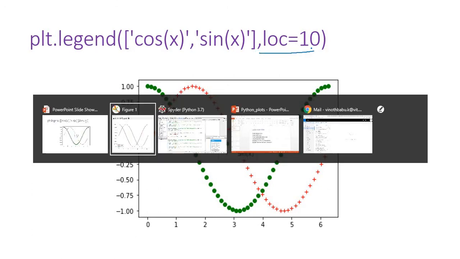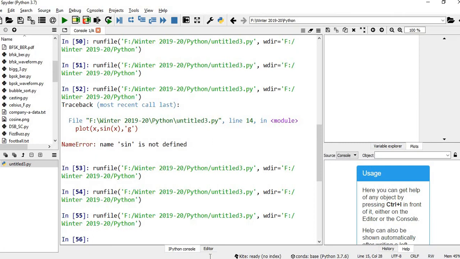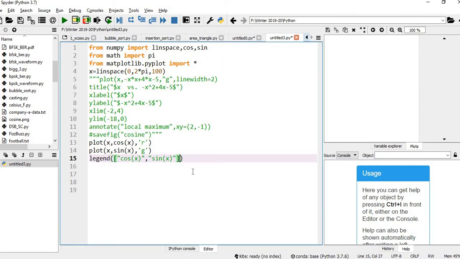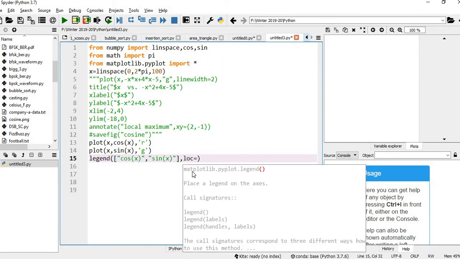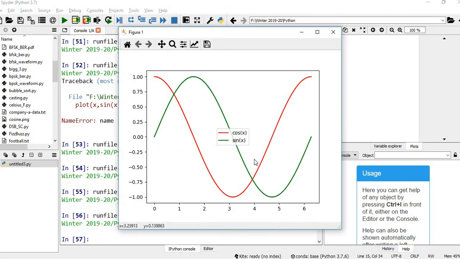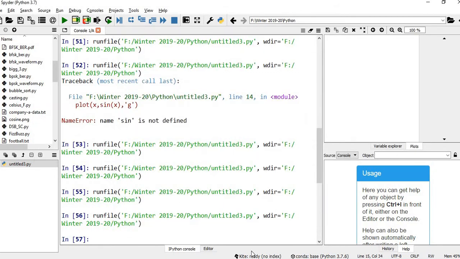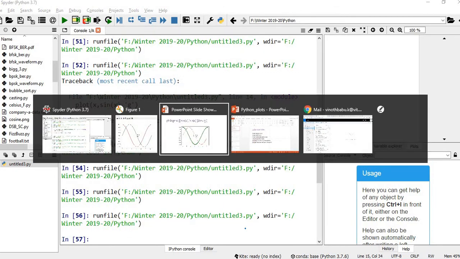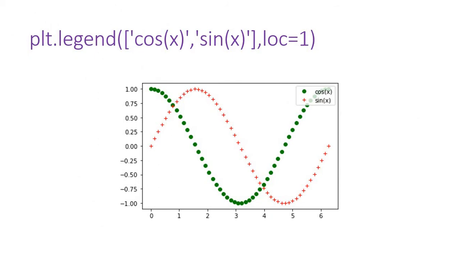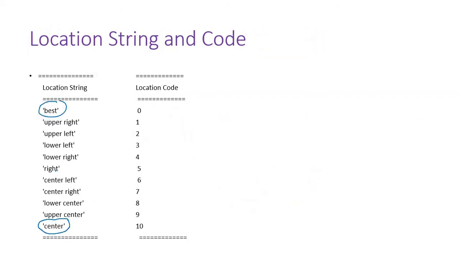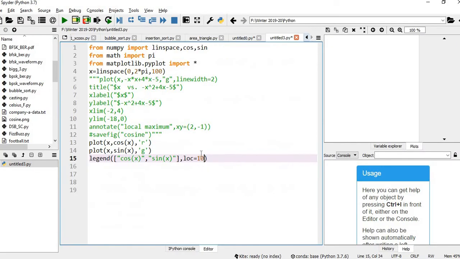Let me try that: comma, location code is equal to 10. You can see the legend has come in the center. In a similar way, we can try, for example, center right. Let me use 7. Center right.